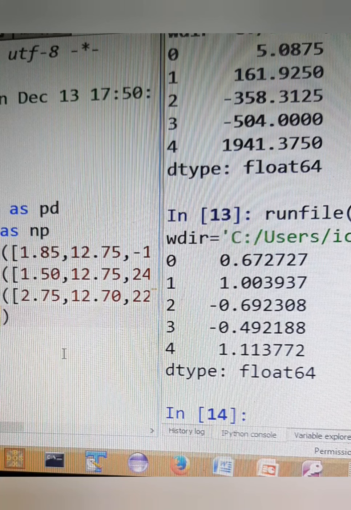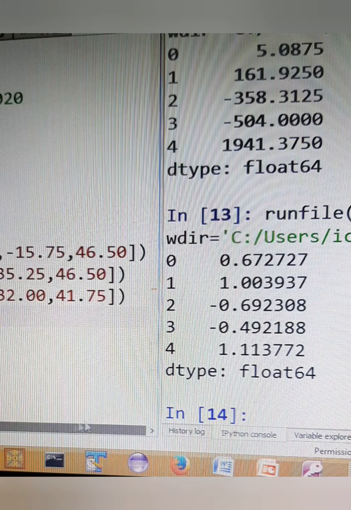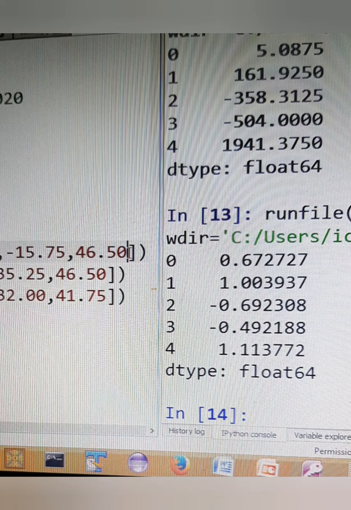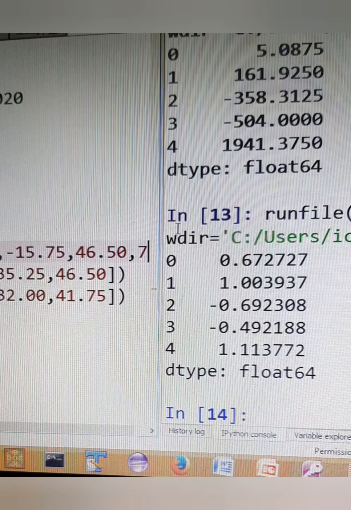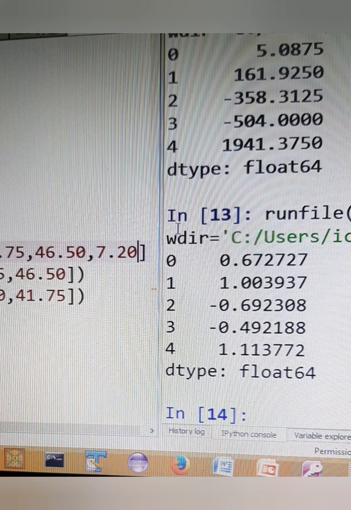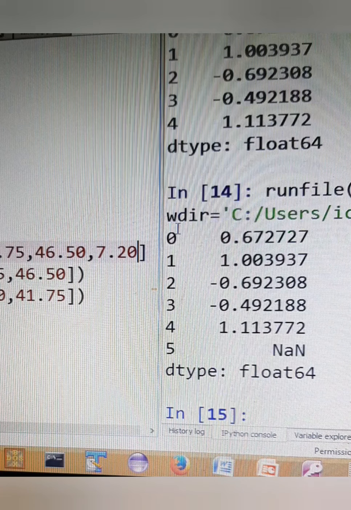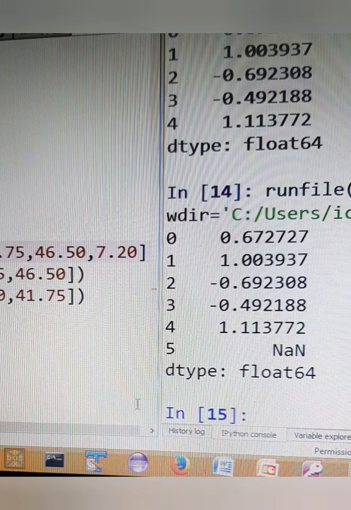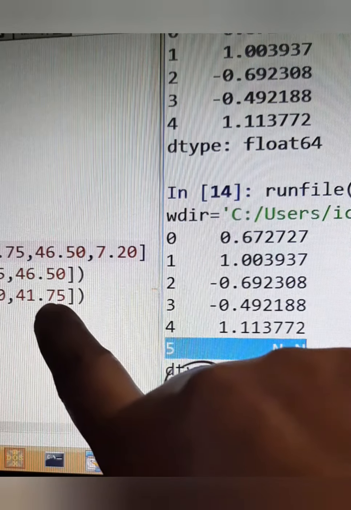That means arithmetic operations can be performed between two Pandas series objects only if their index numbers match, that means they have an equal number of elements. And if any of the elements is non-matching, it will return a NaN value. Suppose in the first object I am writing something like 7.20, so the numbering here ends at 0, 1, 2, 3. Let's see what the result comes out to be. See, there is a NaN value on the 5th position because no such element is present in OB3.